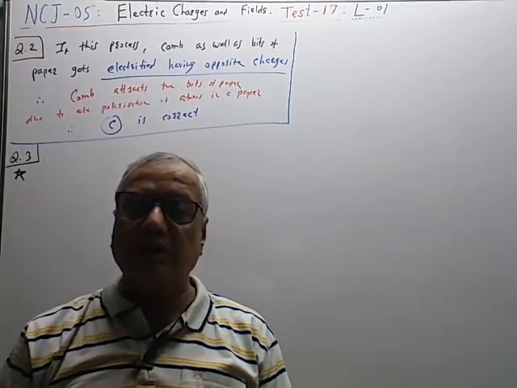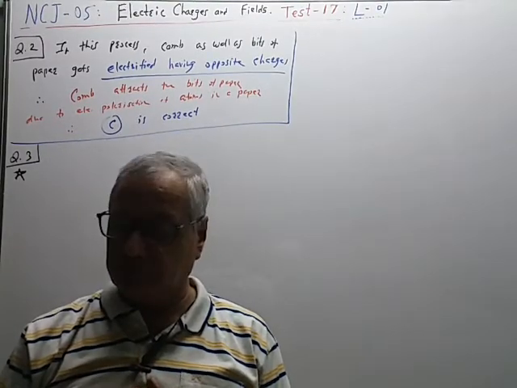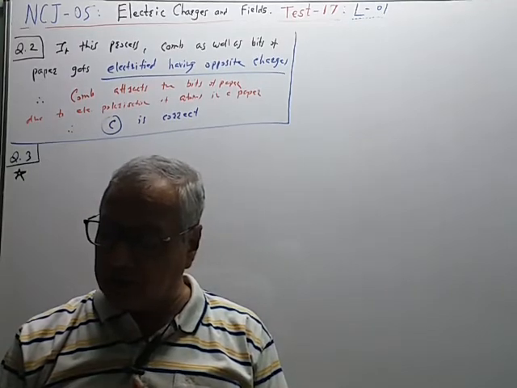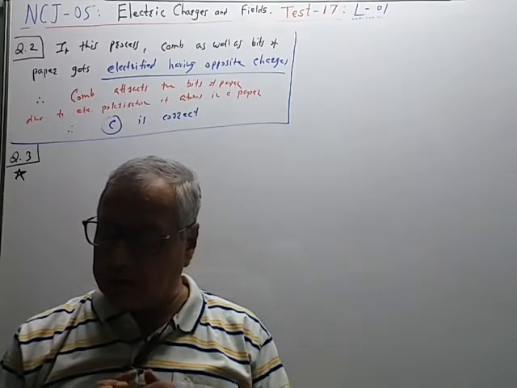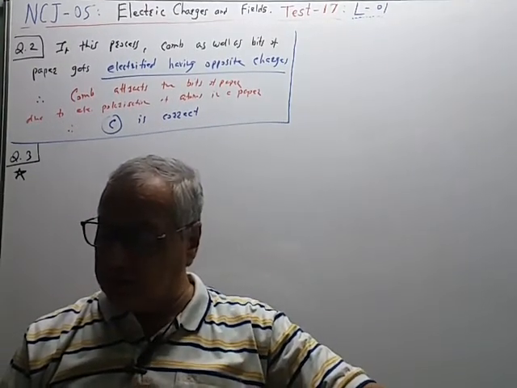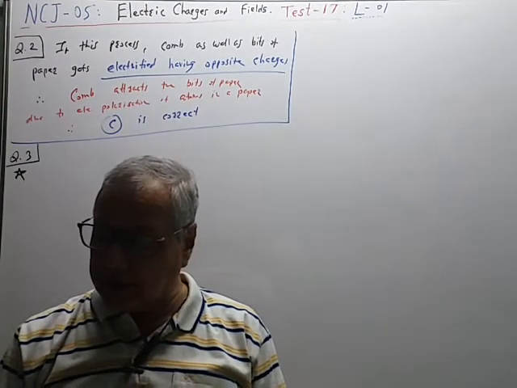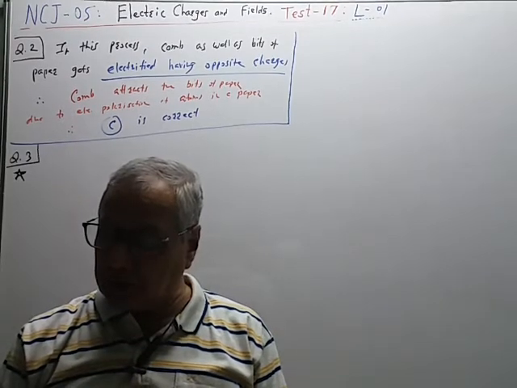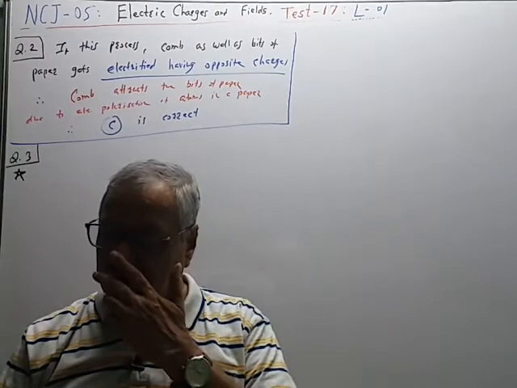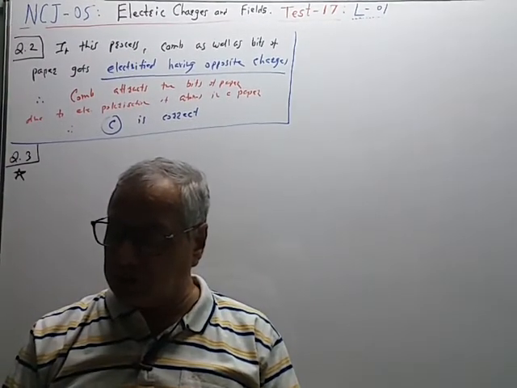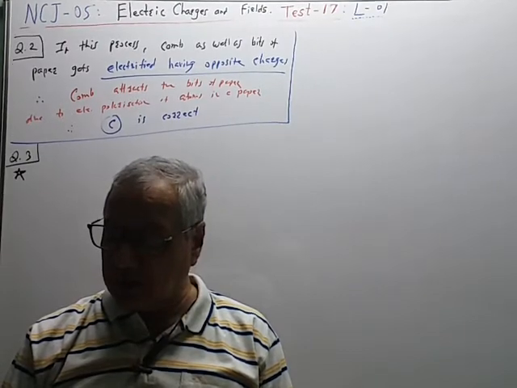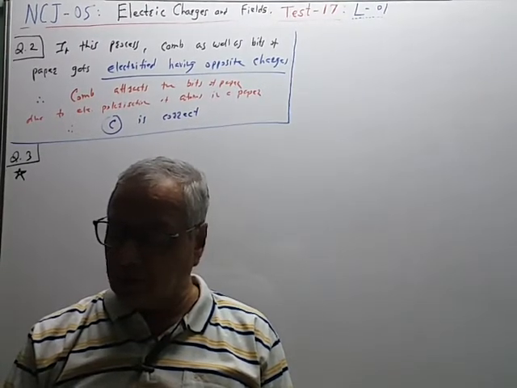This type of problem can be asked in gravitation also, the same way. An infinite number of charges, each of charge 1 microcoulomb, are placed on the x-axis with the coordinates x is equal to 1, 2, 4, 8, infinity. If a charge of 1 coulomb is kept at origin, then what is the net force acting on the 1 coulomb charge? The force is given in Newton.